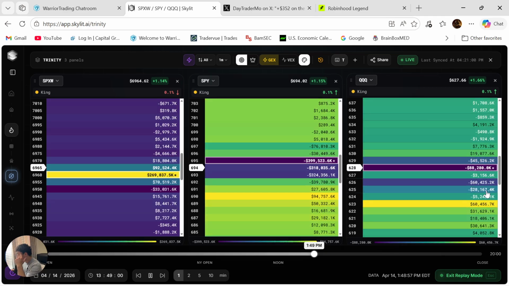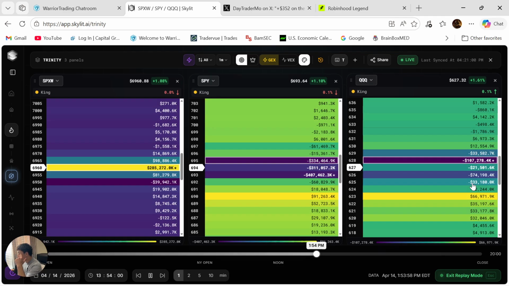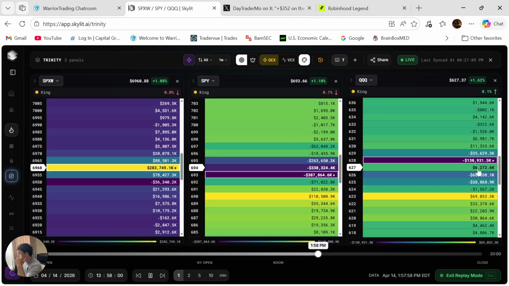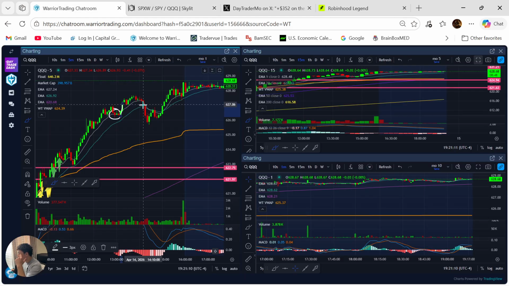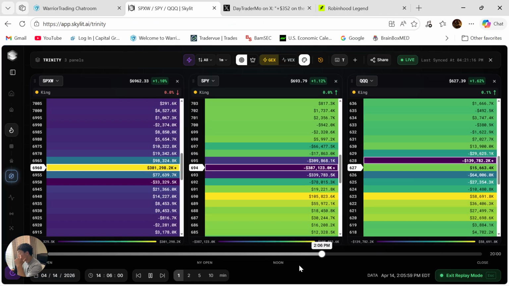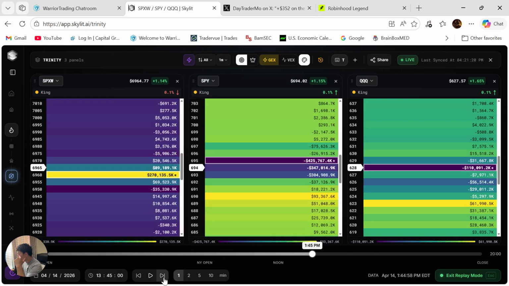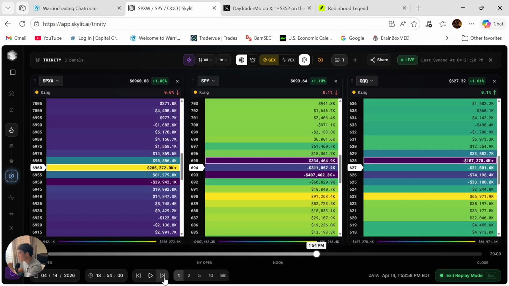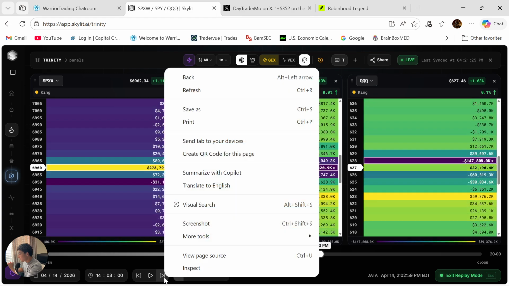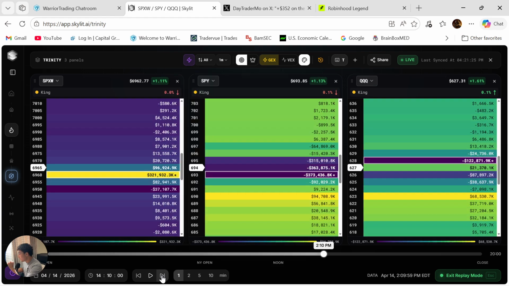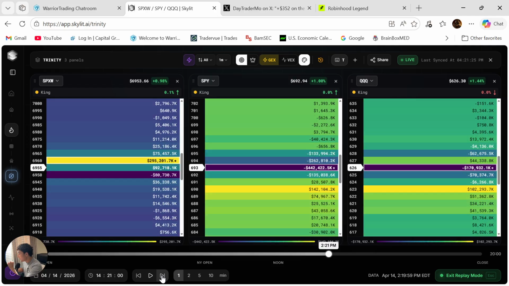So now this environment turned negative. Now it's like, okay, a flush is possible. From what I've learned, in these negative environments, a flush is possible between these levels. Now, we did. You can see here at some point at 2, we dumped all the way to 626, 620. Yeah, you see, it's around 2. So we hit a peak at 628, and then that environment turned negative. Now things could start to flush. We hit all the way to 625.